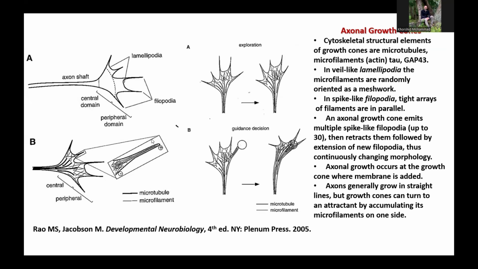So this is a very dynamic process. And the neurofilaments, the intermediate filaments and microtubules that are inside of the axon and of the growth cone have different shapes, so that in the filopodia, they're all in parallel, whereas in the veils of the lamellopodia, between the webs between the filopodia, they're randomly organized. And if there's something that attracts the axon to turn towards its target, they all become parallel. And so we see these